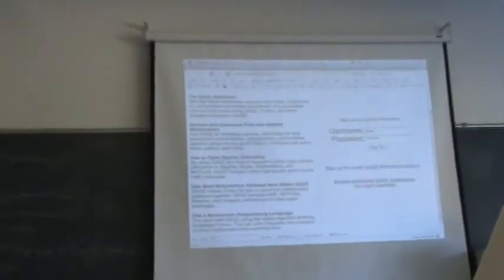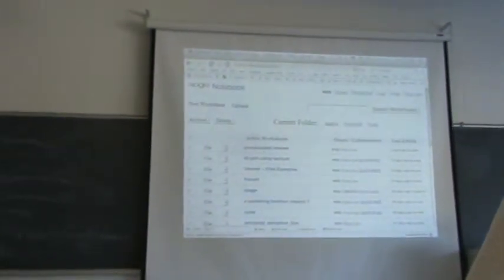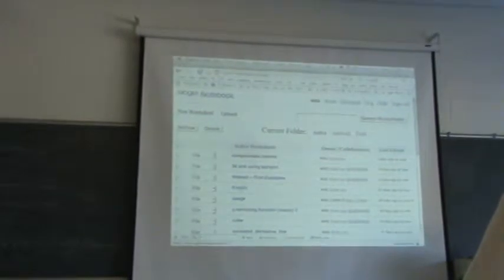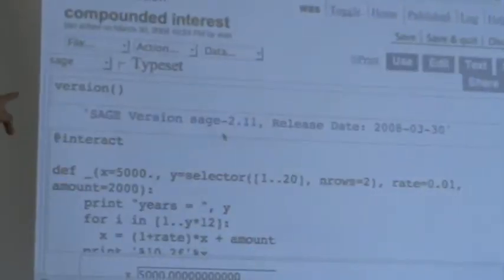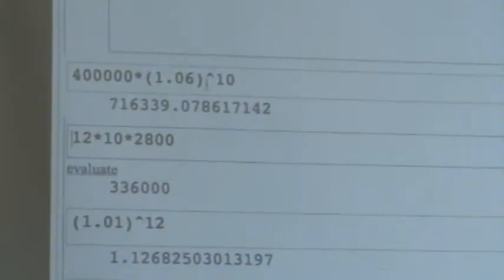And once you click there, you'll get a little screen where you can choose a login name and a password. And then you choose it, and then you can log in, as I'm about to do. And you'll get a list of your current worksheets. And you can click on one. So I was wondering about some compound interest thing when I was driving in a car the other day. So I pulled up my cell phone and went to this web page and then typed in, not all of this, but I typed in this. But it was nice that I could play around right there on my cell phone and do that calculation.